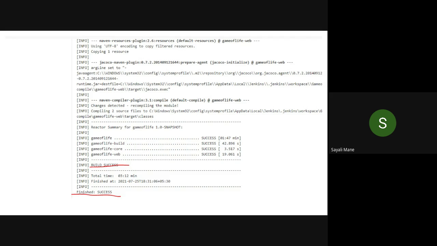Since it shows failure, some plugins were not installed due to error. What to do now? Where is it showing? Console output.